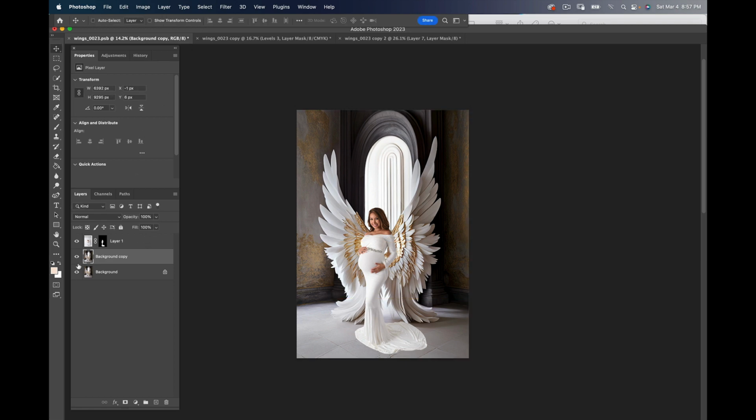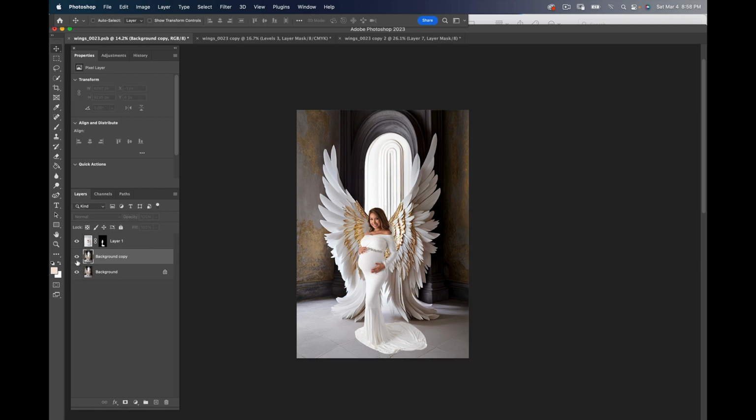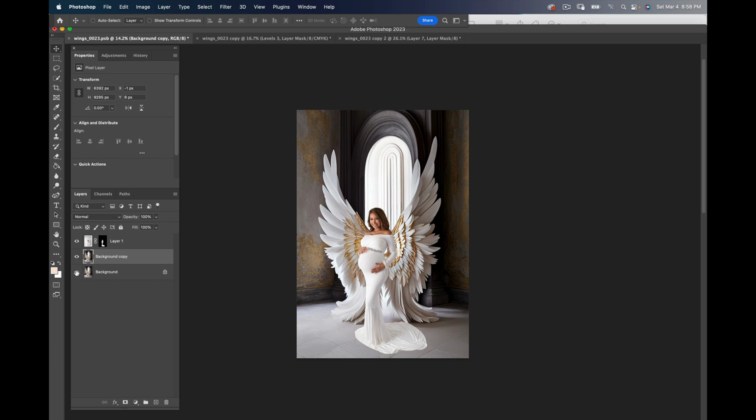So I'll show you, this is before and after, and I'm not saying that's the right place the wings are supposed to be. I'm saying that's how you can move them, okay? And now I'm going to grab her and look at that selection again. I'm going to go really close,